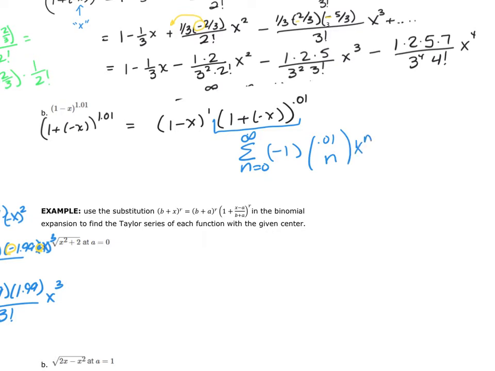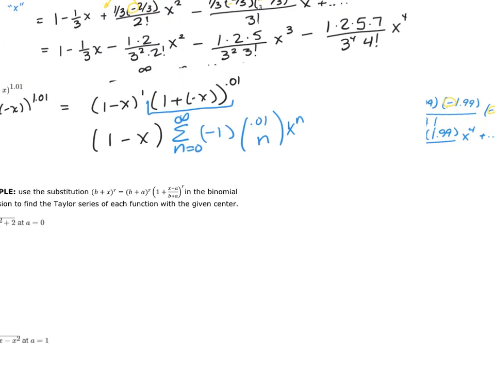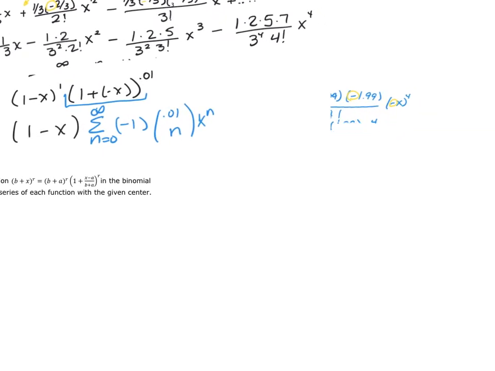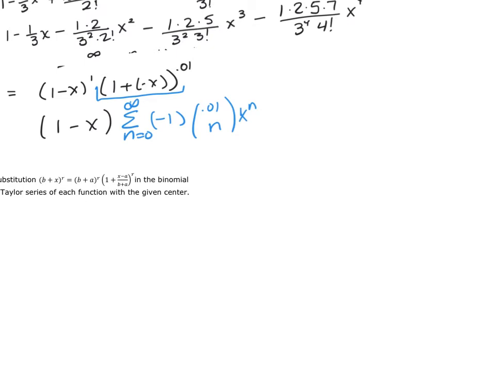Now this is going to be multiplied by 1 minus x. So then what we're going to do is we're going to distribute this through. Go ahead and erase this. So I'm going to distribute this through, and when I distribute it through, what I'm going to get is